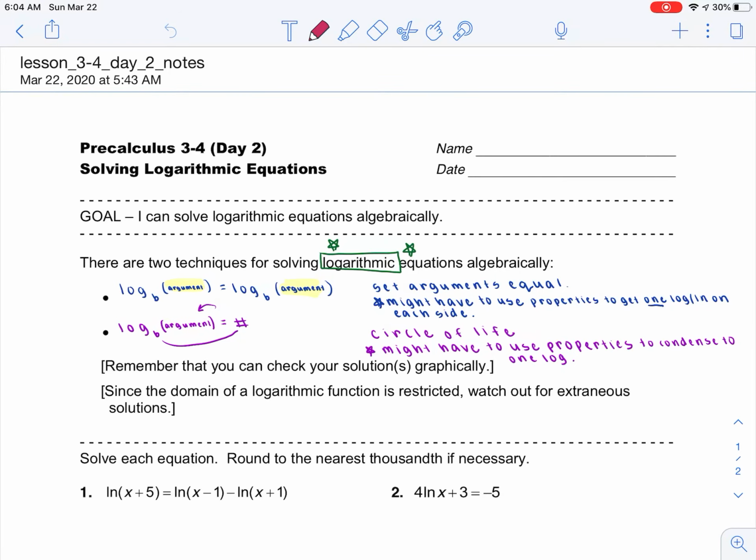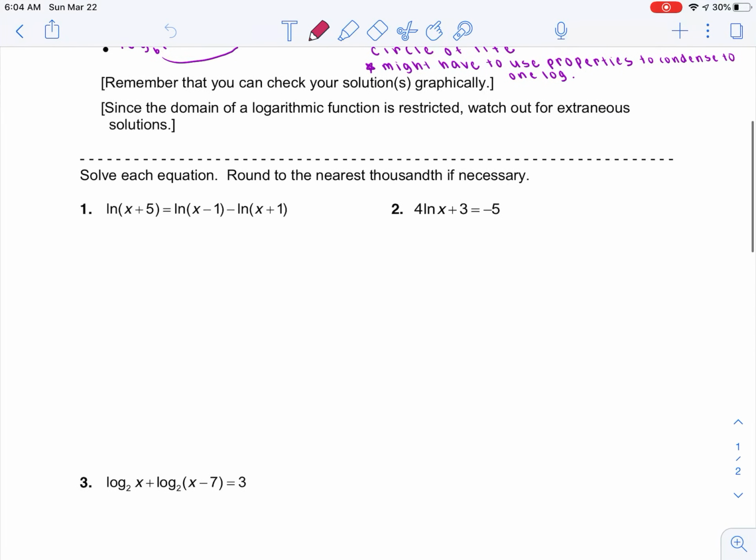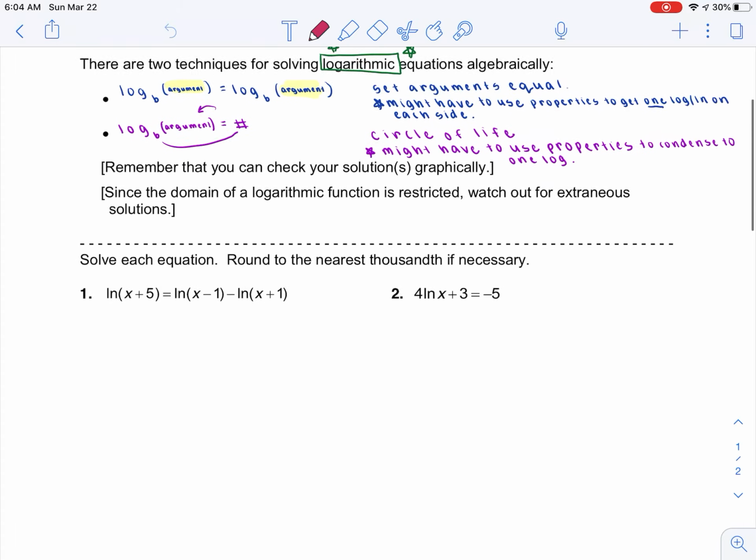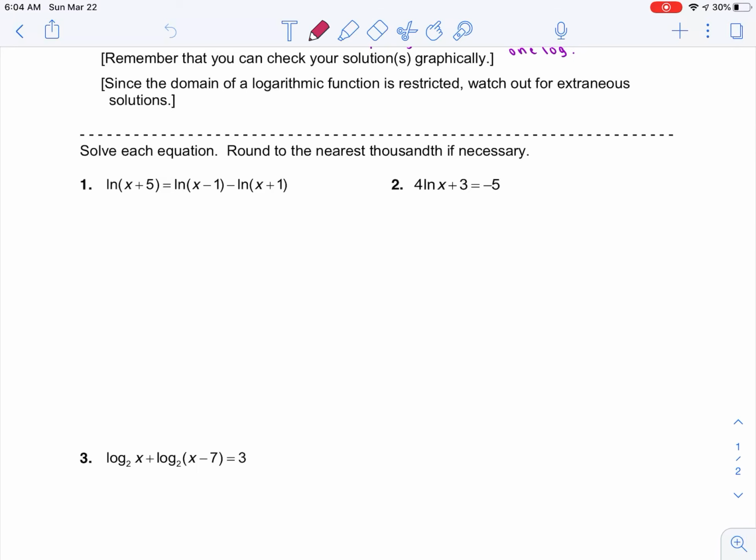Today we have a very short note sheet. It's only 3 problems, but conceptually this can be a little bit more challenging. Today we're going to be solving log equations. The difference from what we did with exponential is that all of these problems start with a log in their